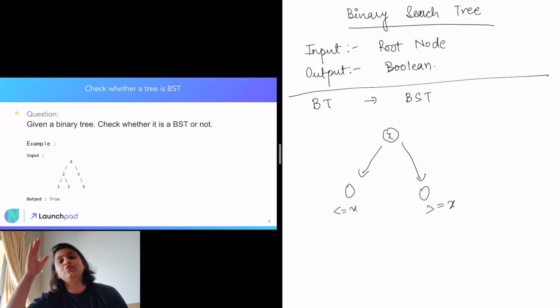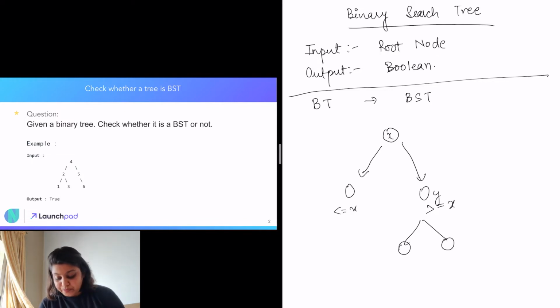And this follows throughout its grandchildren and great grandchildren as well. So suppose this value is y, and this particular node also has 2 children. Though this is a left child, so its value has to be less than or equal to y, right?